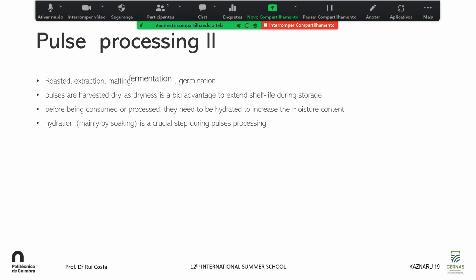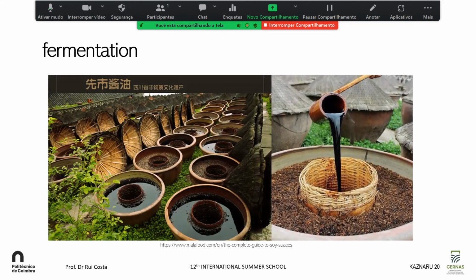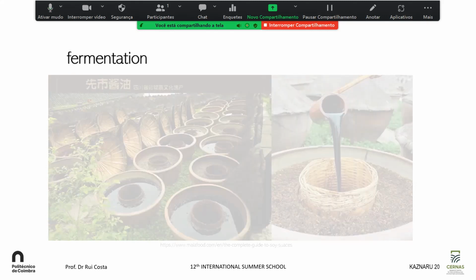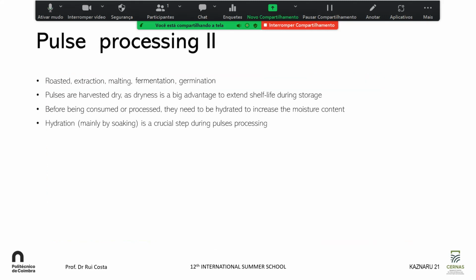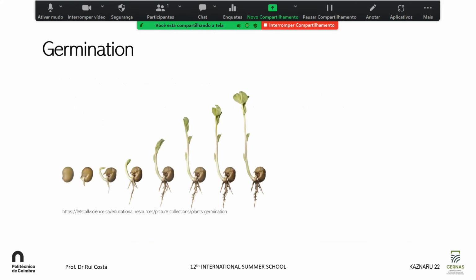It can be the first step, for example, of fermentation. So that's how soya sauce is done. I'm giving here an example of a fermentation of soya, but others can be found. Although soya, as I told you, is a legume, it's something similar to pulses. What about